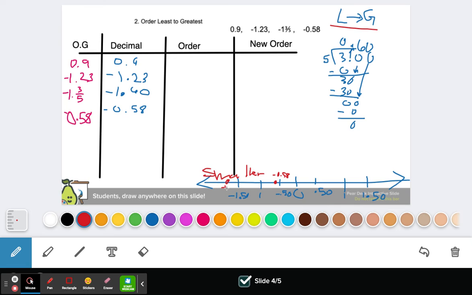Again, I'm estimating where they might be. Negative 1.23 is like about maybe right here. Negative 1.23. Okay, so again, the number farthest to the left is going to be smaller than